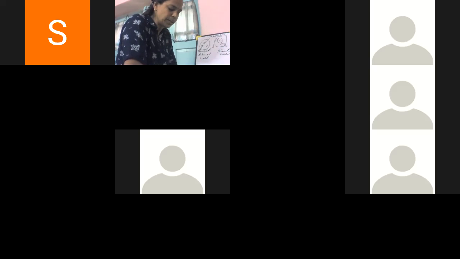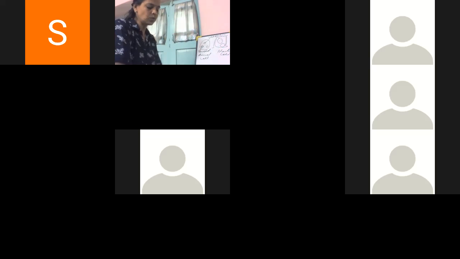The last one is granules. Small particles, crystals and droplets suspended in the cytoplasm are known as granules. The function of granules is to store starch, glycogen and fat, which serve as food for the cell. These granules provide food for the cell. This is all about the structure of the cell, different parts of the cell, organelles of the cell, nucleus and nucleolus and everything.